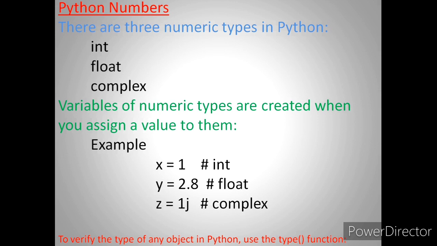And if it is z is equal to ij form, that means 1j I have taken over here, so it is a complex type. One student was just now asking that we haven't got through the complex. We'll be dealing a lot with the help of complex numbers. So first you should know these are the types of Python numbers, that is int, float and complex, and we all have come across how to know the data type, isn't it? We had one function, that is the type function. So you can verify your data type with the help of the type function.